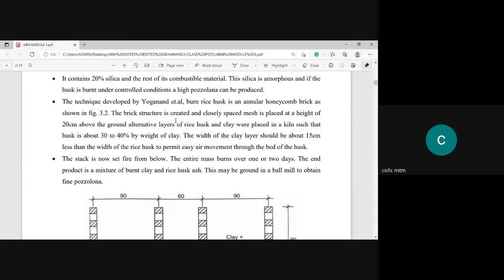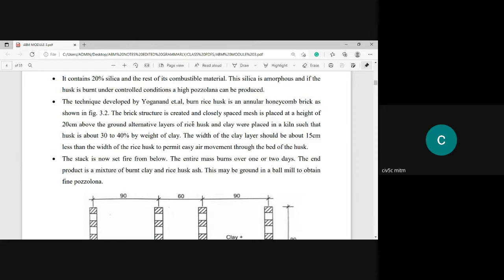So what method has been suggested? The technique developed by Yoganand et al. Many people burn the rice husk ash in an annular honeycomb brick structure, as shown in figure 3.2. So I will show you. The brick structure is created and a closely spaced mesh is placed at a height of 20 centimeter above the ground,